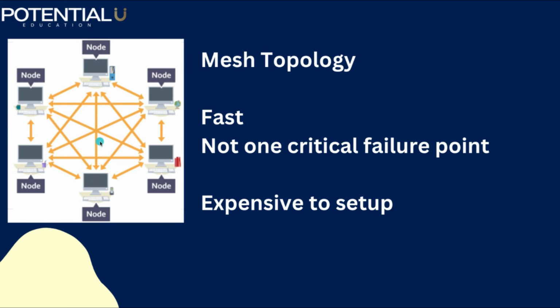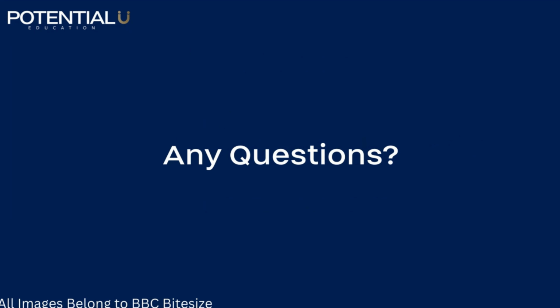So where would you most commonly see mesh topology? Usually in business critical situations. So for instance, a trading floor, they're pretty likely to have mesh topology, and banks and stuff like that, where they really do not want to lose the information that they've got a hold of. Anything that is critical should be connected with the mesh topology, just to make sure it continues to run, even if something happens. Any questions, I suppose?